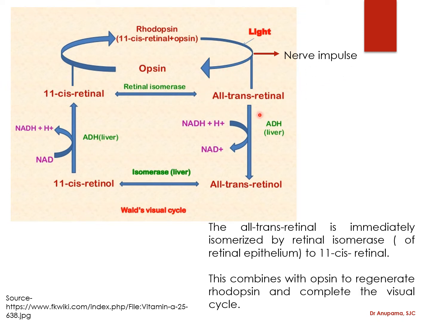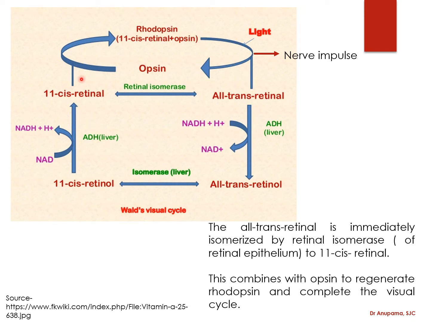The all-trans retinal is immediately isomerized by retinal isomerase of the retinal epithelium to 11-cis retinal and is ready for another cycle of vision, and it combines with the opsin. And if this is carried to the liver, then all-trans retinal is reduced to retinol and then isomerized to 11-cis retinol and again oxidized to 11-cis retinal, which again binds with the opsin to form rhodopsin. So this completes